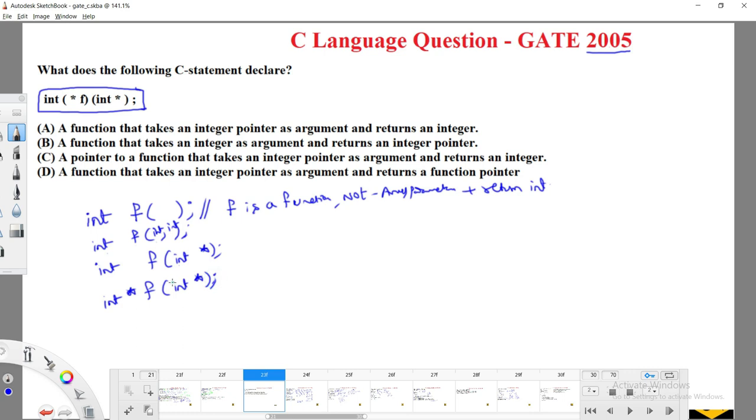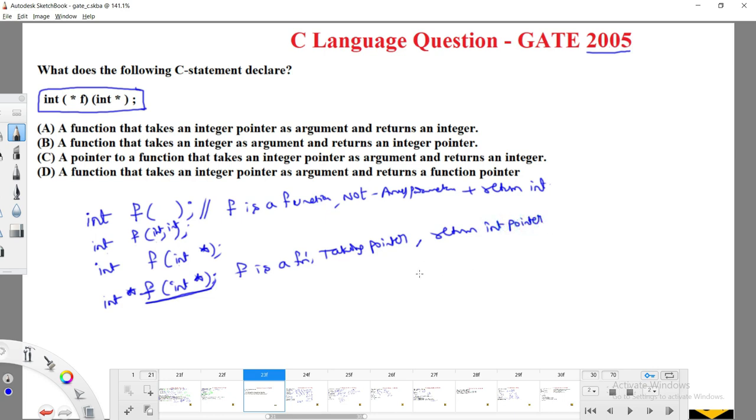Guys, when you go for this kind of declaration, f is a function. Why am I calling it a function? Because priority will be given to the parenthesis. So I can write it like this: f is a function which is taking a pointer as a parameter, and whose return type is an integer pointer only.